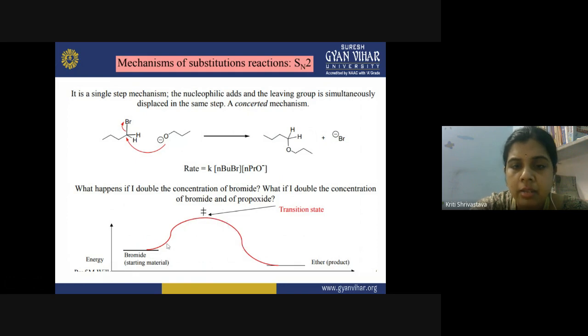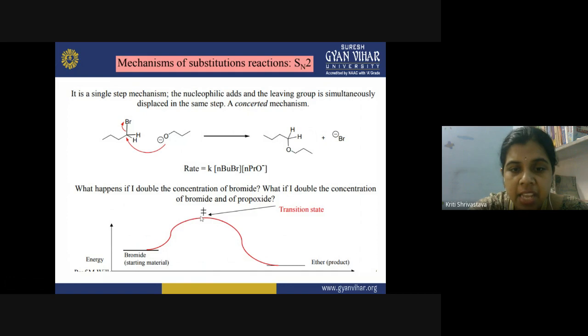First, when it attains the activation energy, there is formation of the transition state, and this transition state is actually a very high energy molecule. We also call it the activated complex. So, what does it really mean? The transition state is when the propoxide ion is attacking the carbon, and the bond formation has started, but the bromide ion has not left yet. So the bond breaking is also taking place at the same time. That becomes your activated complex, or your transition state.